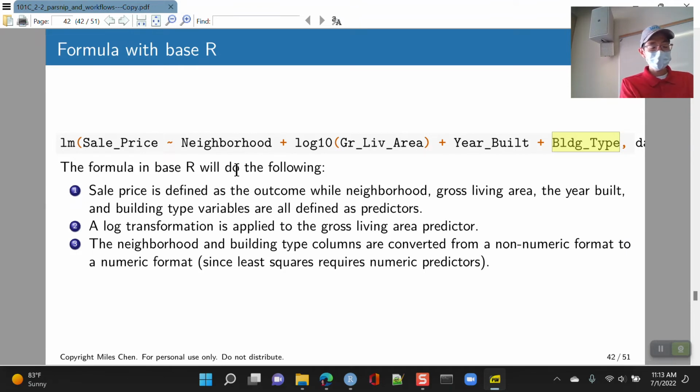is R is going to say, okay, I'm going to do a log transformation on the square footage, the greater ground living area, okay? And then things like the neighborhood and the building type, it recognizes that these are factors, and it's going to convert them into dummy variables. And so when you